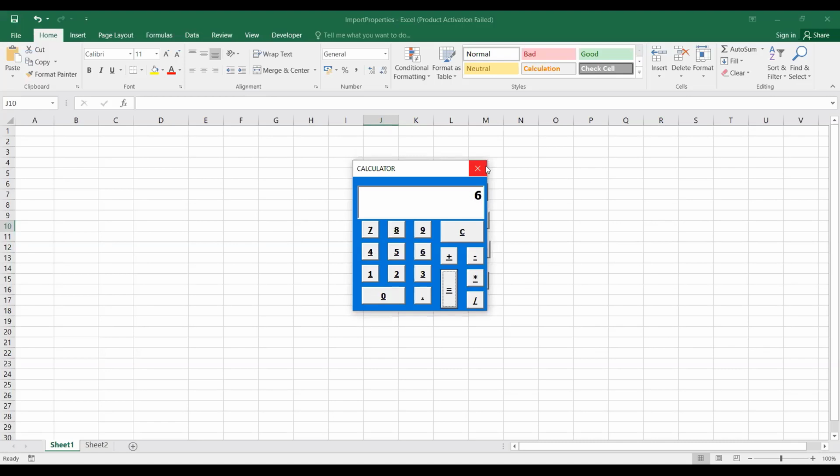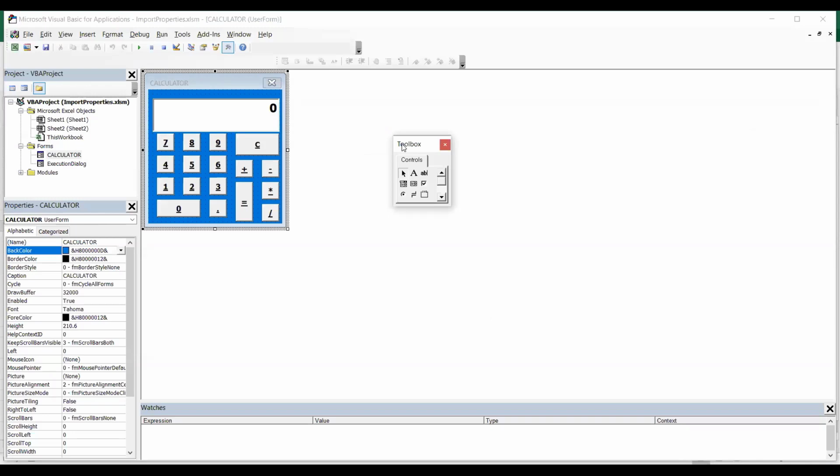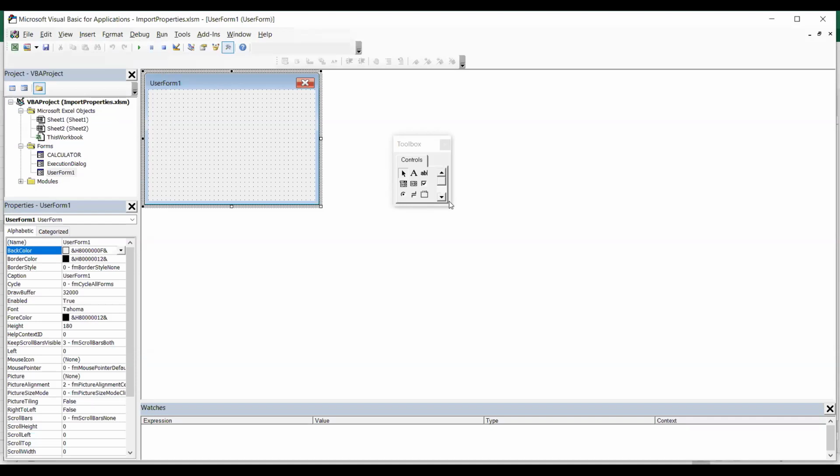Addition, subtraction, multiplication, and division. I created this using VBA. In VBA, instead of only doing process automation, we can also provide commands and visualization. In Excel, we use user forms to do that. A user form is nothing but a form. From this, you can get commands as per your request.